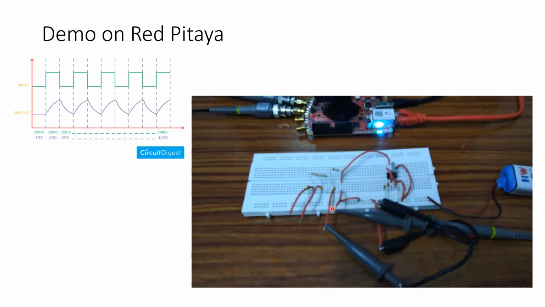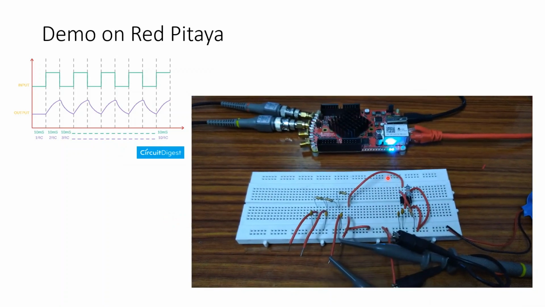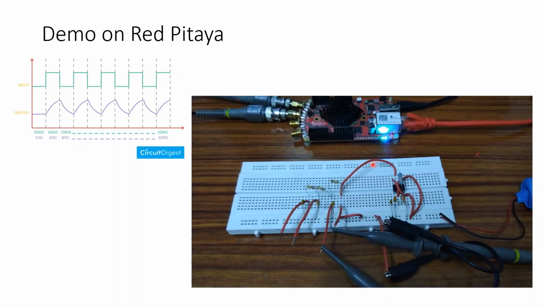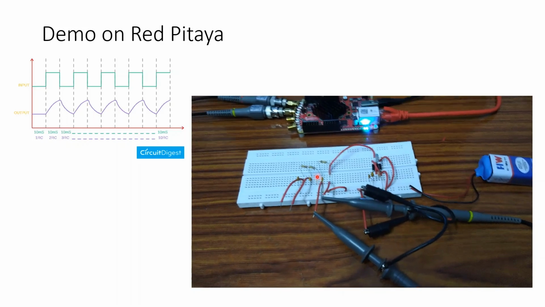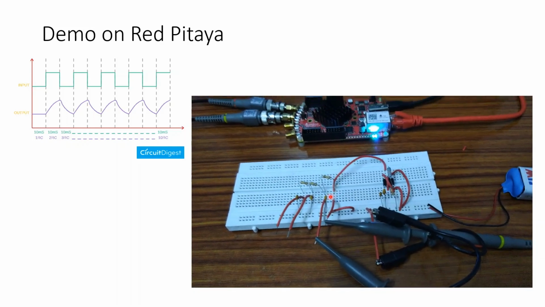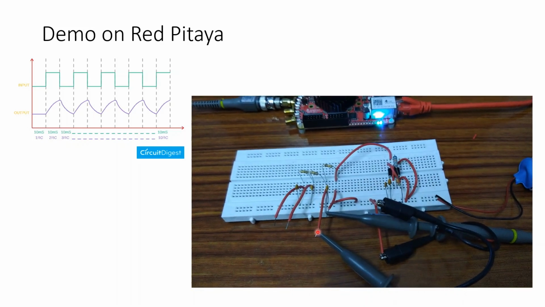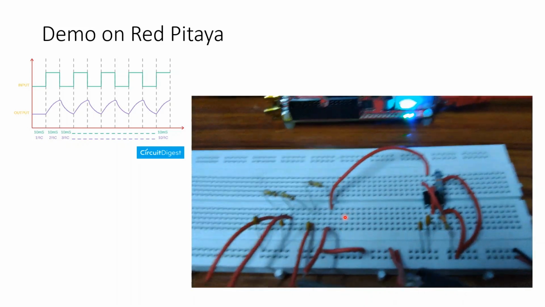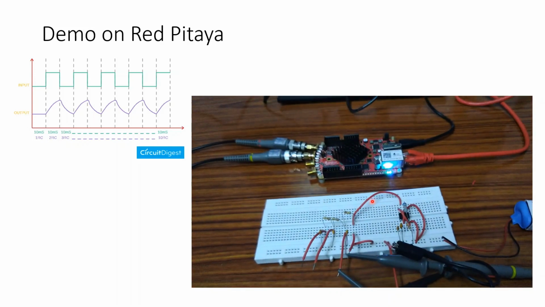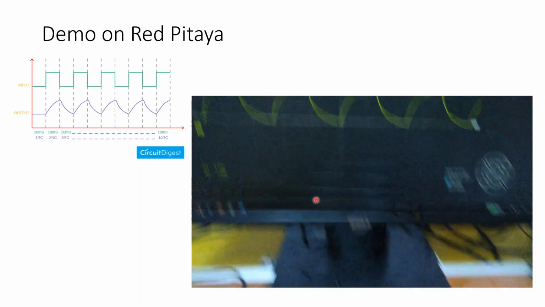Now I have connected the output of the 555 IC, that is the square wave, to the input of the first stage of the low pass filter, and then I have connected the probes to the output of the 555 IC, that is the square wave, and then the output of the first stage low pass filter. As you can see here, we have the resistor and capacitors here. So I've connected the red bias probes. Now let's see the output of this.